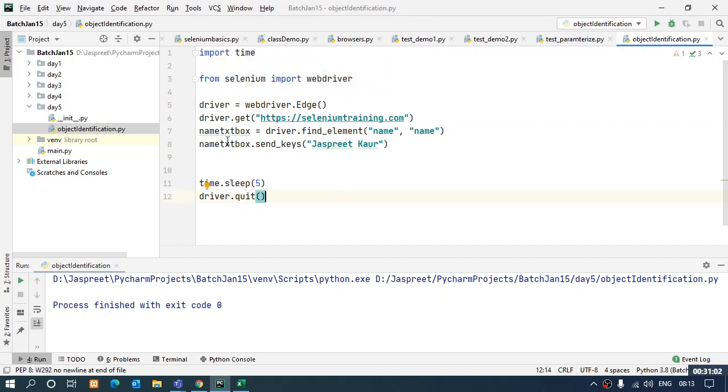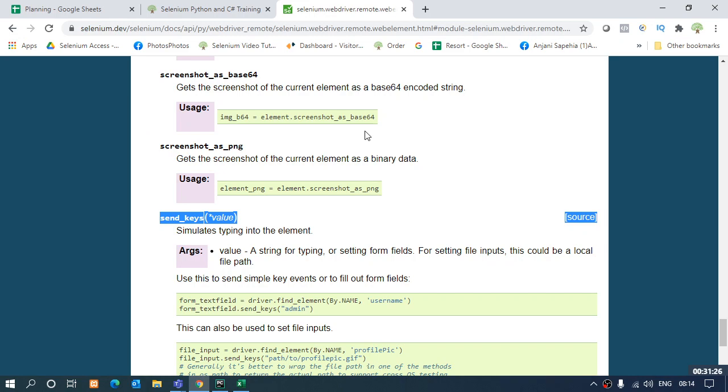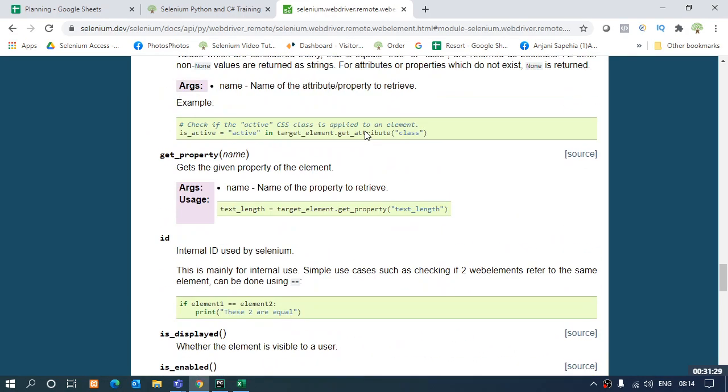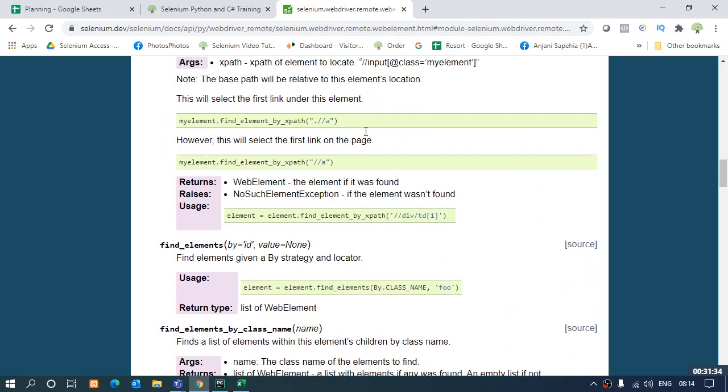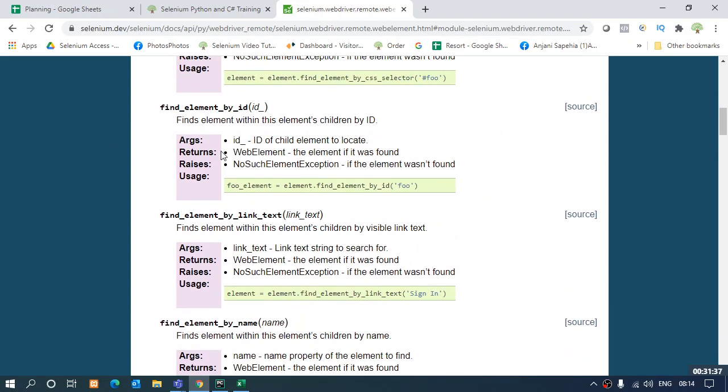So now we are able to extract the element in this way. This is one of the ways. This find element is one of the ways to extract the element. This is a generic function. You can use anything over here. You can use any attribute, be it name, ID, class, anything that you want to use, right? There are specific functions also available. Like if I want to use ID as my attribute to find the element, so here are my commands available. Find element by ID.